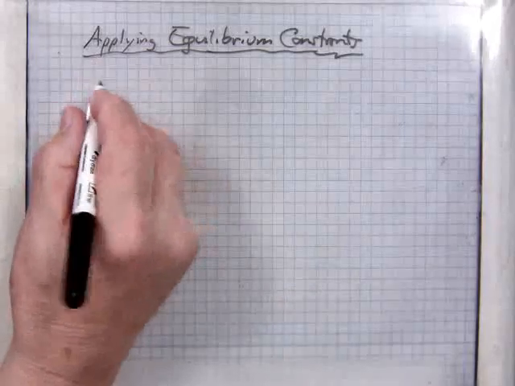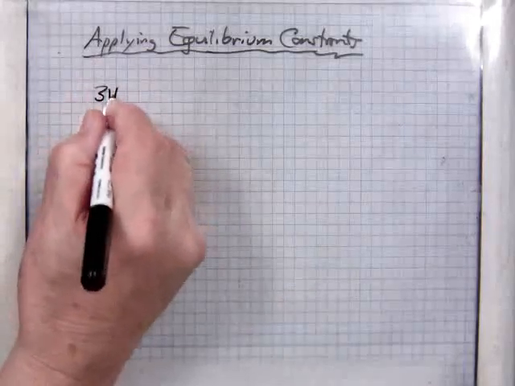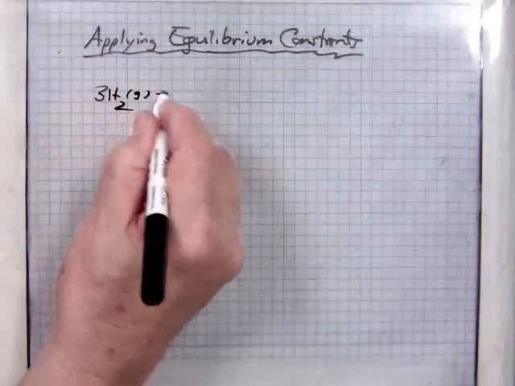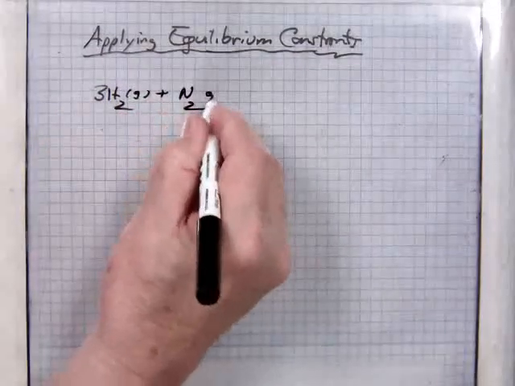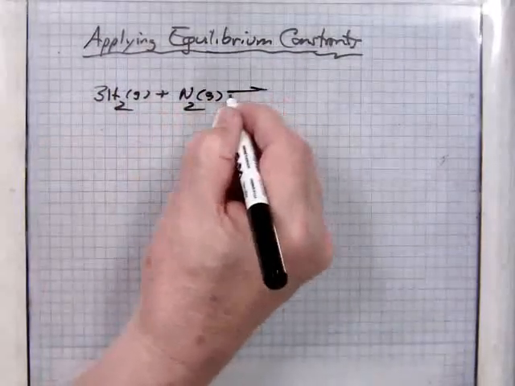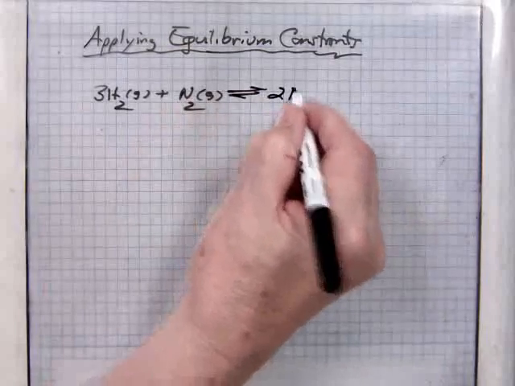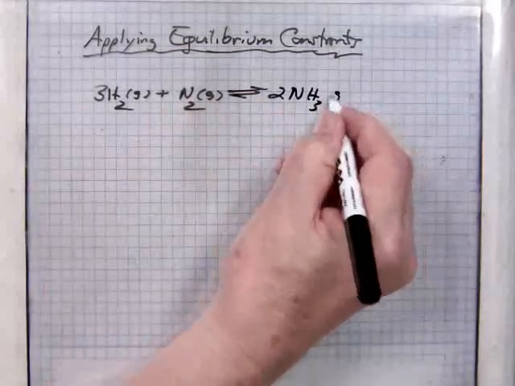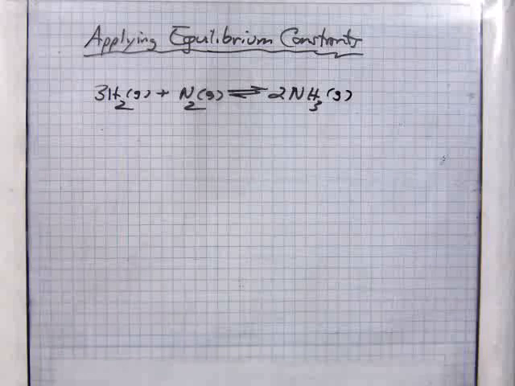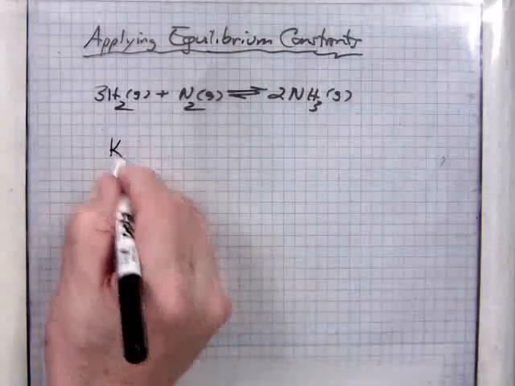Consider 3H2 as a gas plus N2 as a gas in equilibrium with 2NH3 gas. The question is, what is the equilibrium expression for that reaction? Well, it's all gas phase. So we write a Kc value,